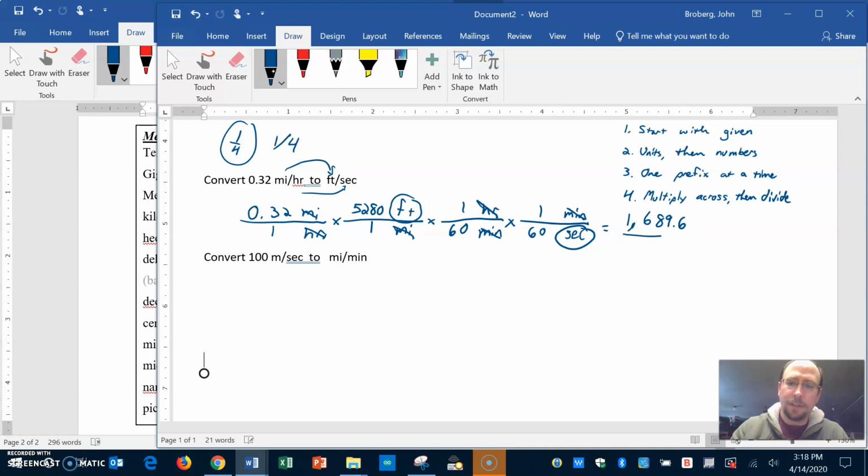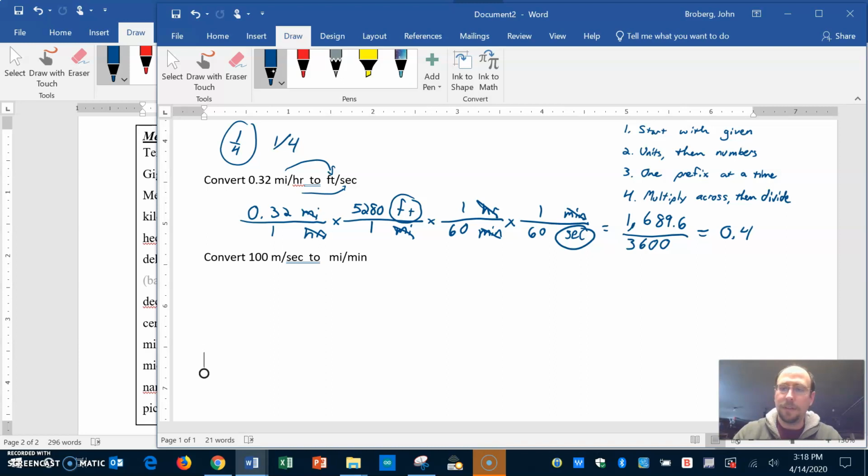1,689.6. I have to multiply across the bottom as well. So I take 1 times 1 times 60 times 60. If I do that, I get 3,600. You can do that on your calculator and that's fine too. Okay? But now that I multiply across on both of them, now I divide. So I take those two numbers, divide them, I get